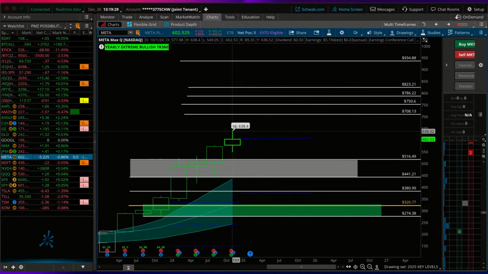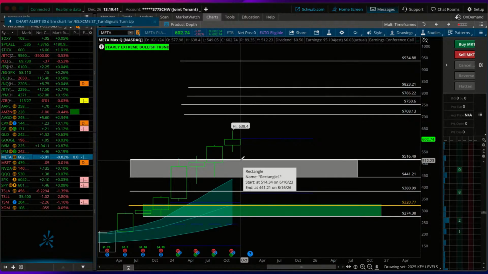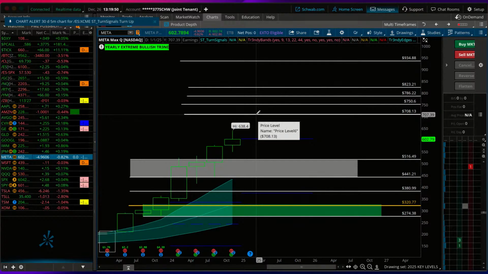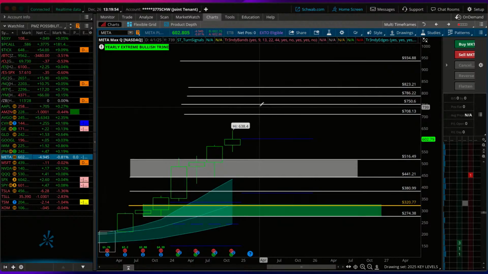Again, 638.40 is the all-time high in Meta. It was created during this quarter, and once the year closes, I will mark this level as a trim. In the event I get a pullback buy, I would be trimming at the upper yearly edge and then again at the all-time high. But some Fibonacci extension targets for Meta: 708,